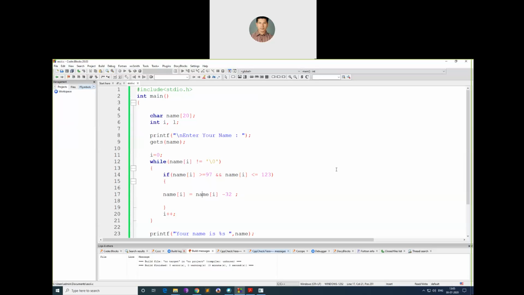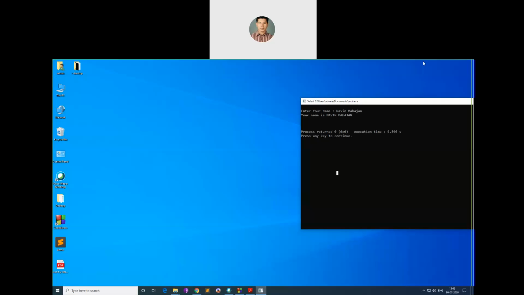And how to convert lower to upper? First you should make sure the character is an alphabet and lowercase, then we will convert to uppercase. If the character is not an alphabet or not a lowercase letter, do not convert. Okay, we'll move to the next slide. We'll stop it here, this part.